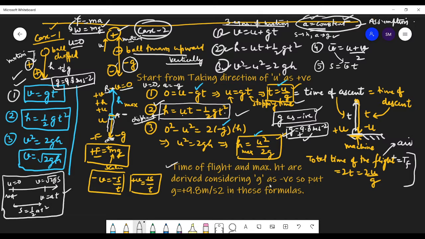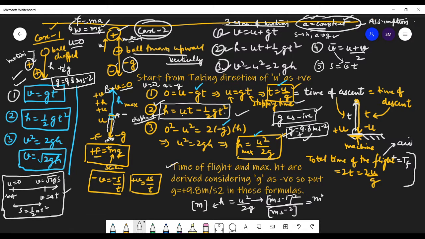Now students, sometimes we get confused about this maximum height and time of the flight. We can verify whether our formula is correct or incorrect. Look at the units. Maximum height h is equal to u square by 2g. What are the units on this side? h is in meters. What are the units on this side? u is in meter per second, a velocity, so its square divided by g, which is meter per second square.